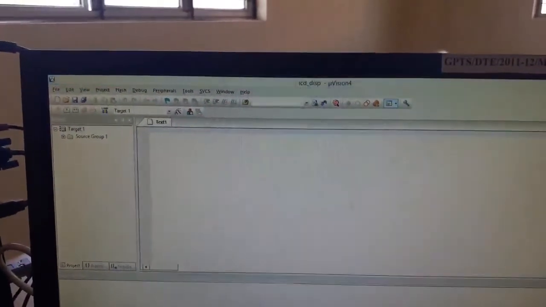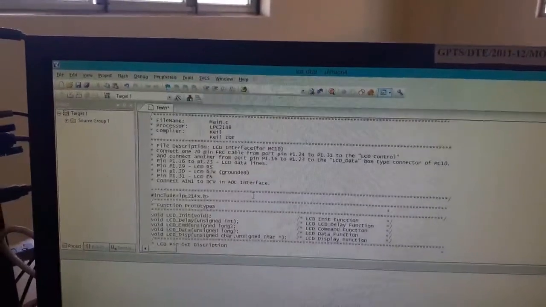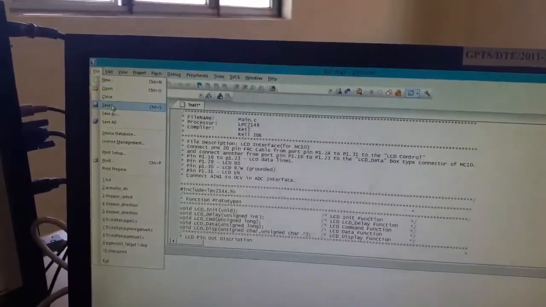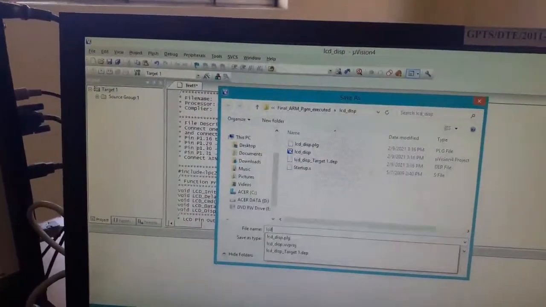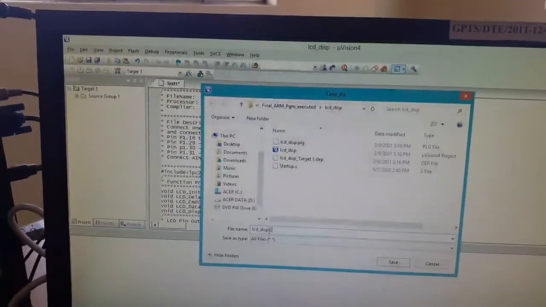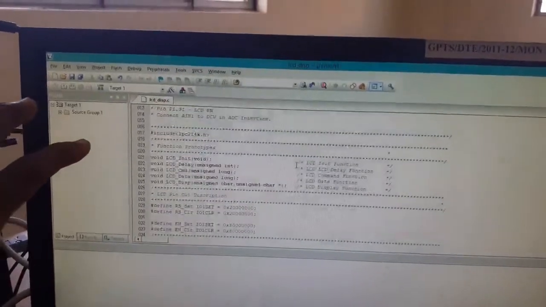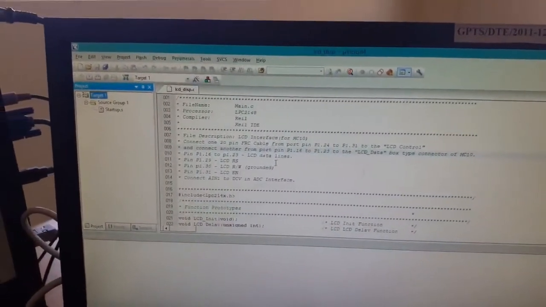Here I will directly use this code. See, now this is the code. This code is saved as a .c extension file. Go to file, save. It will be saved in the same folder as LCD underscore disp dot c. Click on save. See, the color of all the code has changed. After this it is saved in the same folder.